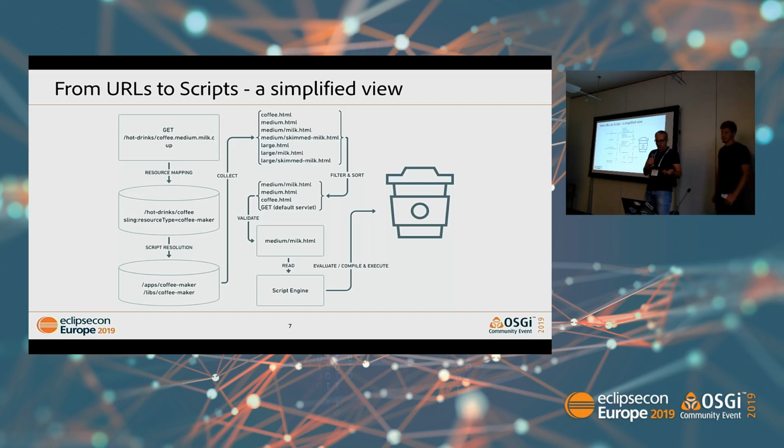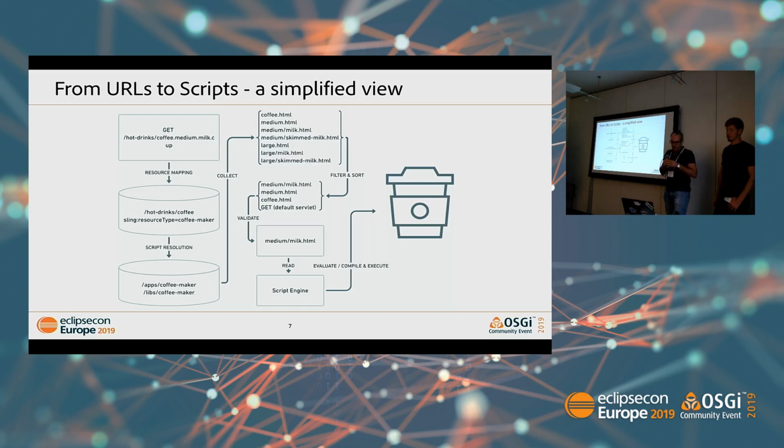We can start with a request. We have a request for hot drinks, coffee, and we want a medium cup with milk. It's just a made-up URL. Sling has these important concepts of selectors in the URL. Obviously, we see the extension there, which is cup. And then we can also add fragments or suffixes. But if you look at the request and start analyzing it, each part of it allows more specific mapping to the scripts